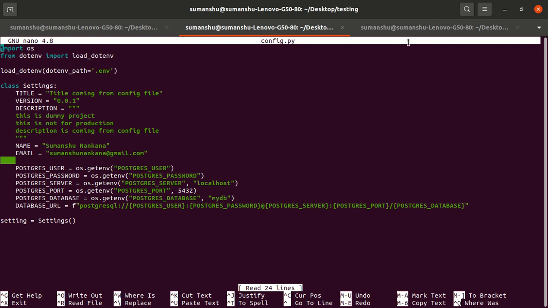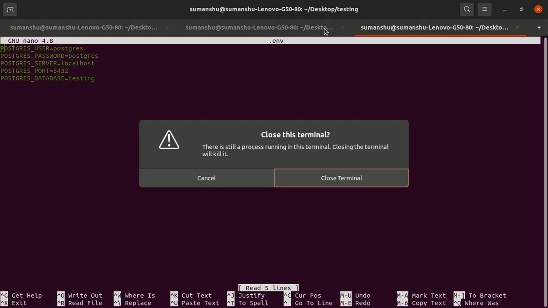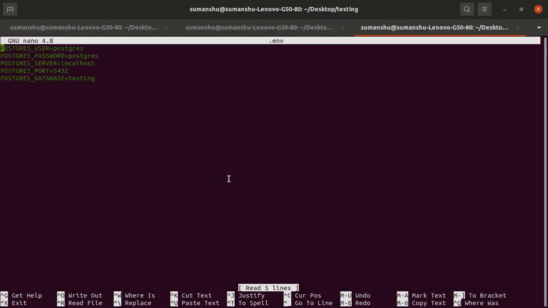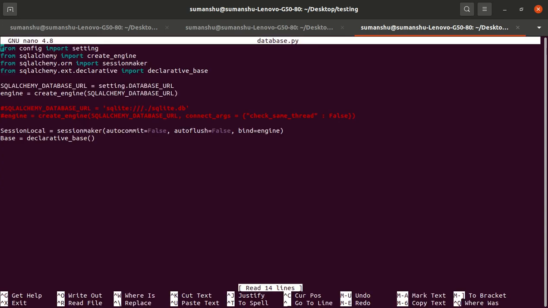So now we have to connect with the database and create some tables. What we did is connect with the database. To connect with the database, we are using SQLAlchemy, and as part of SQLAlchemy, first we need to create an engine. We create the engine and pass the database URL, which we are fetching from our configuration file. Here we saw how to connect to PostgreSQL.